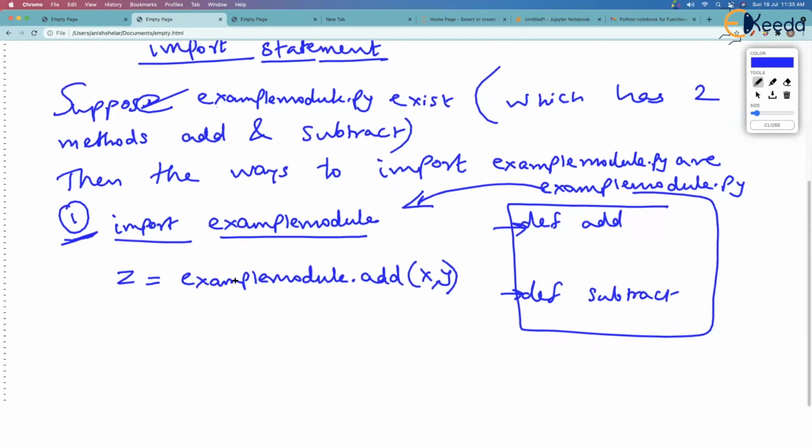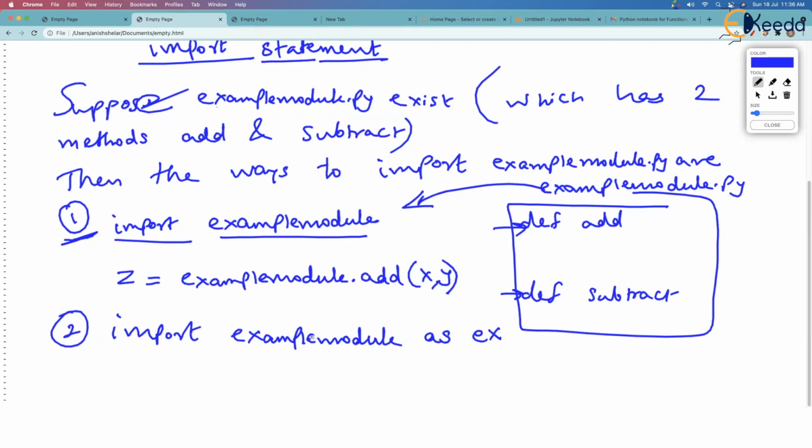Now the second method to import is, you can say import example module, the same file, but you can write the keyword as over here and maybe ex. You might have seen this many times, like import numpy as np.